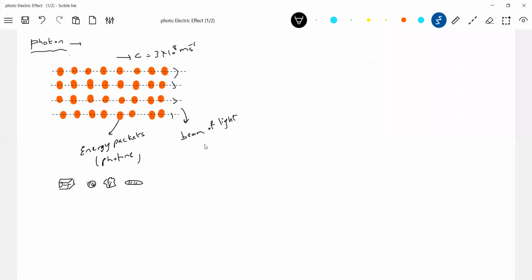we have experiments which confirm that light can also be assumed to be made up of particles called photons. Rather than saying particles, it is better to call them energy packets. Till now, what we have seen in the YDS experiment, the light was